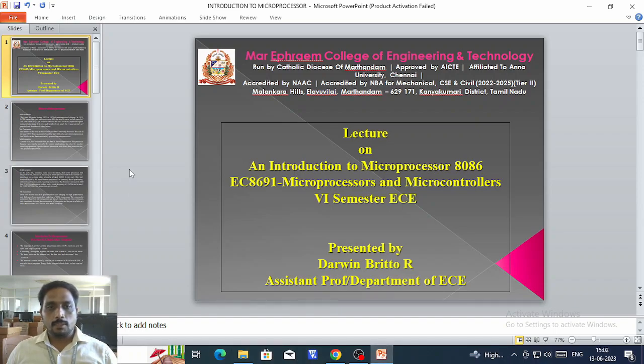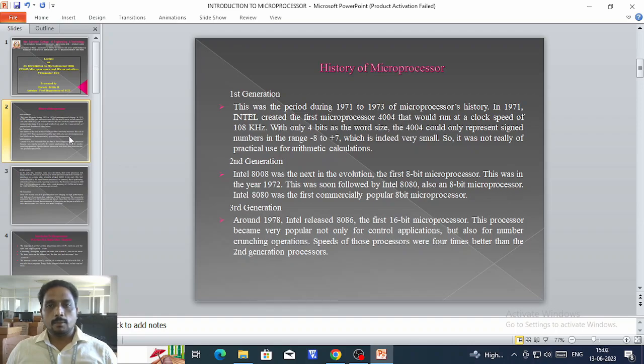So first of all, I will explain the basic introduction regarding the microprocessor and the history of the microprocessor. This was the period during 1971 to 73. The first microprocessor was invented by the Intel company, and it was a basic processor with 108 kilohertz clock speed and 4-bit operation. 4 bit means numerically you can calculate only minus 8 to plus 7 values, that's all. Very basic numbers can be calculated using this processor,